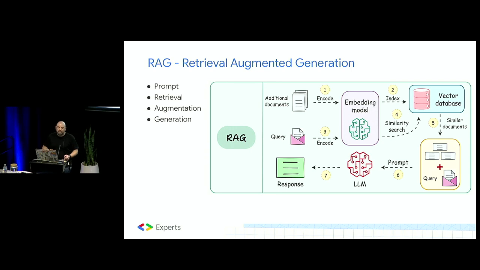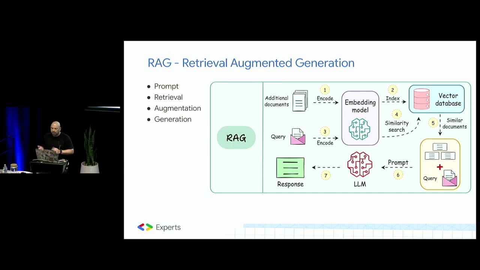The first one, and you may hear it everywhere, is RAG, retrieval augmented generation. RAG is a framework that enhances the capabilities of a large language model by combining its existing capabilities with the ability to access and retrieve information from external knowledge sources. This approach allows LLMs to generate more accurate, informed, and contextually relevant responses, overcoming the limitations they may have from the original training.